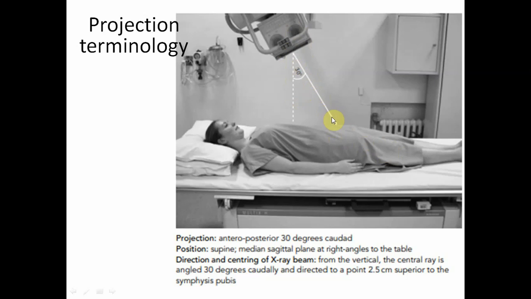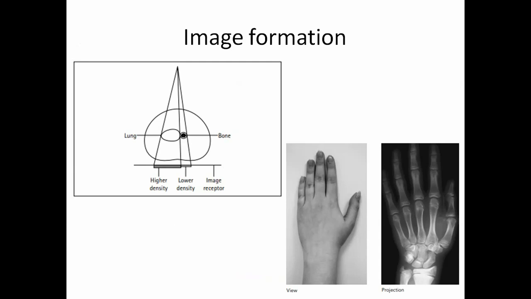If the rays are turned towards the foot, it is called a caudal view. The opposite, 30-degree angulation towards the head, is called cranial angulation. So there are two different angulations. Angulation is given through the X-ray tube. So these are different terminologies of